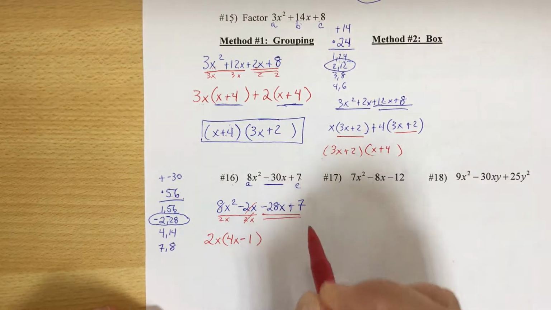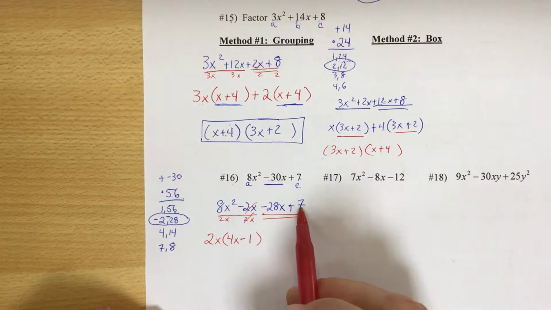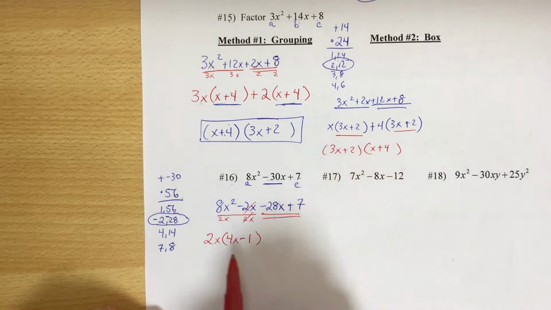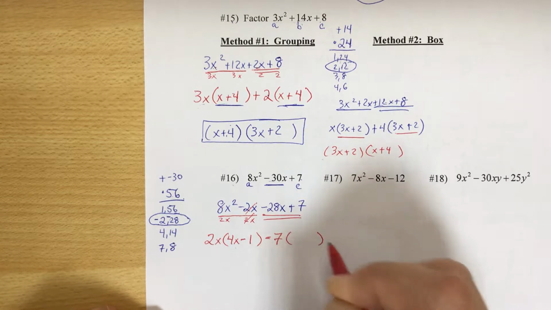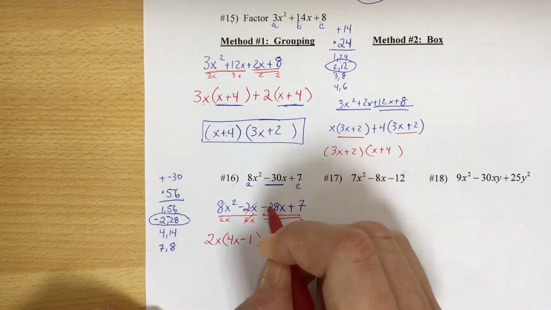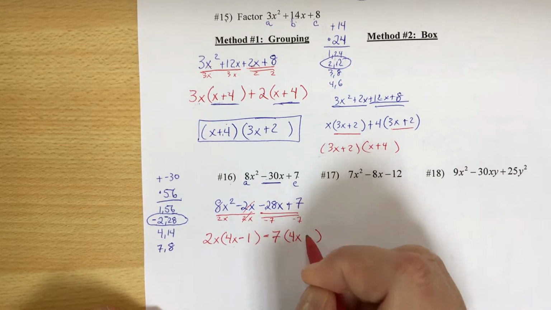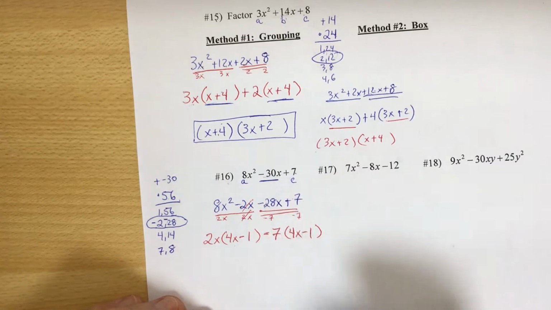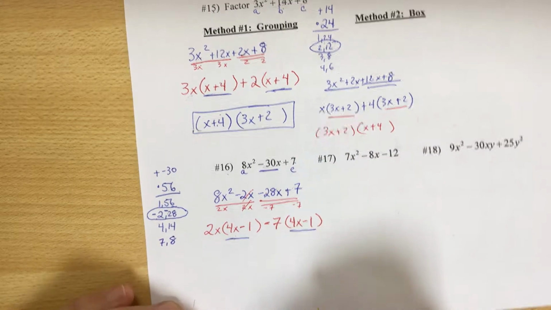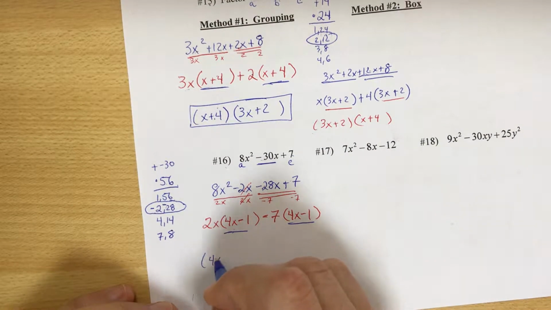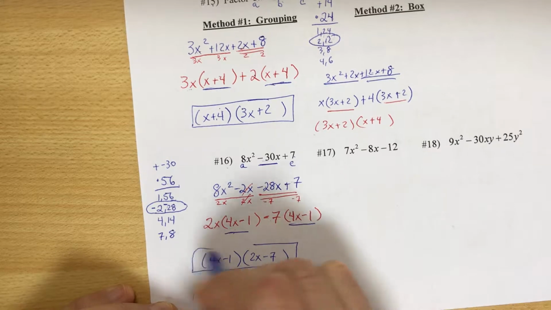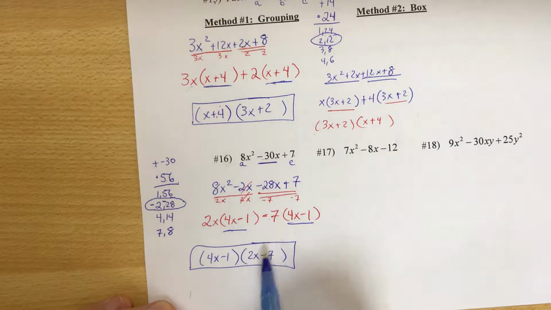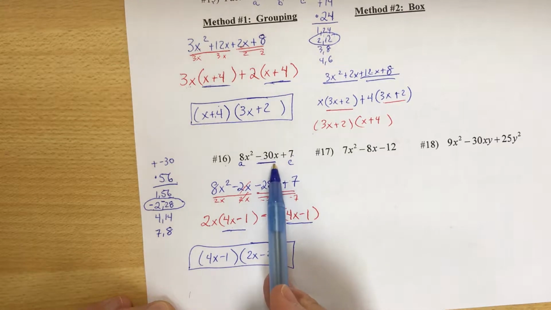Now in the second pair, be careful, that is a negative 28. 7 goes into both of these, but I'm also going to think ahead. I need this to be a positive 4x. So to make this a positive 4x, I have to factor out a minus 7. So I'm going to divide by minus 7. That makes it 4x. 7 divided by negative 7 is minus 1. Notice that we have the same factor, another common factor. So we factor that out, and what's left is 2x minus 7. If you don't believe it, double distribute, multiply it out, and see if you end up with the original expression,